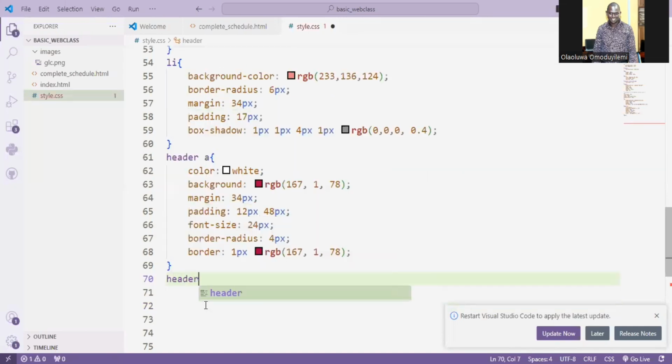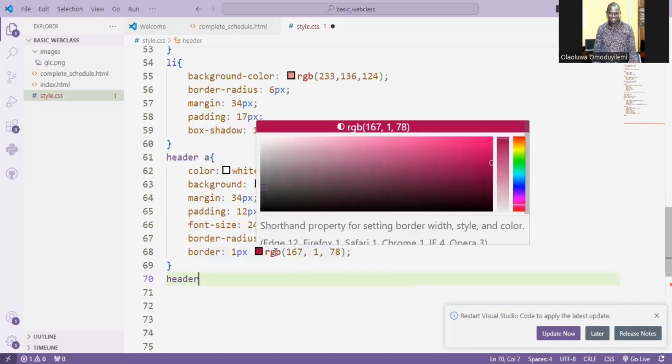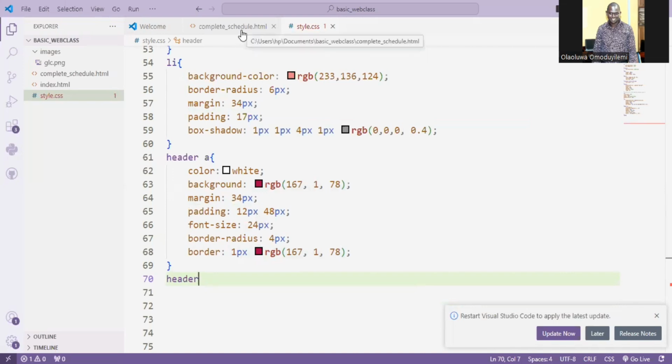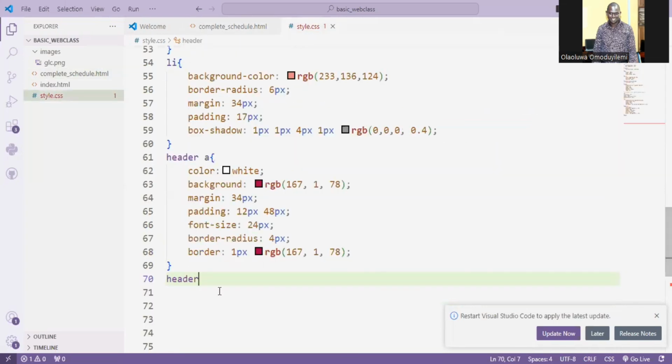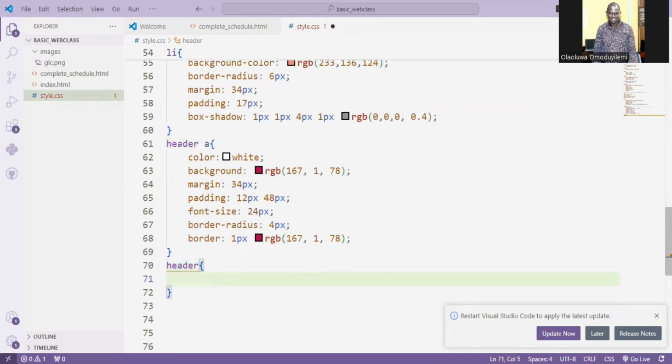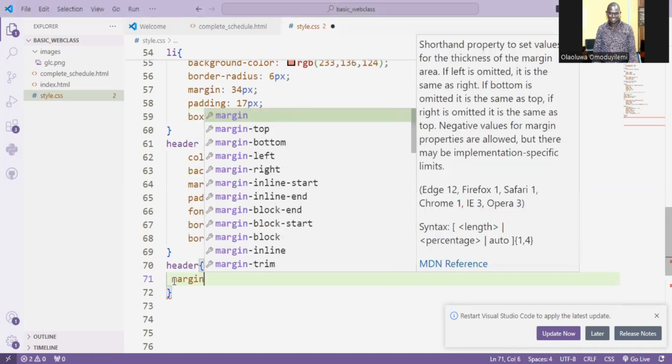Let's style the header. How do I mean by header? I want to style the whole of this place. Okay, let's do some things there. Open this, close it. Okay, over here, let's just put a margin bottom. Let's see what that will do for us. Margin bottom